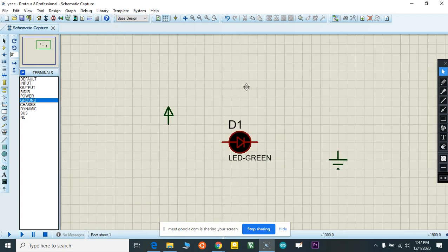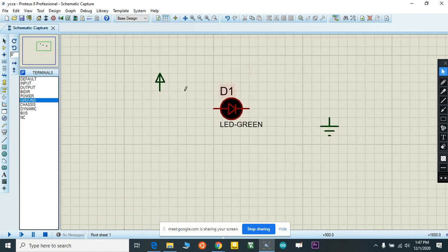Now I'm going to connect it. How to connect it? See, once you move your cursor to the end of this, you can see a red selection dot. Just click there, and it will automatically create that connection line. If I want to connect these two, I just move it to the end of this line, ground. Okay, it will connect.